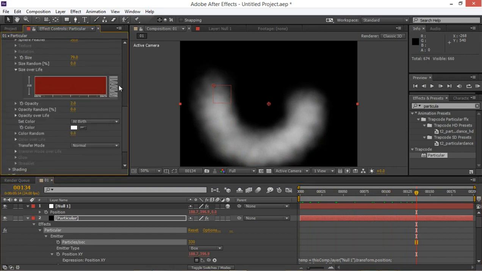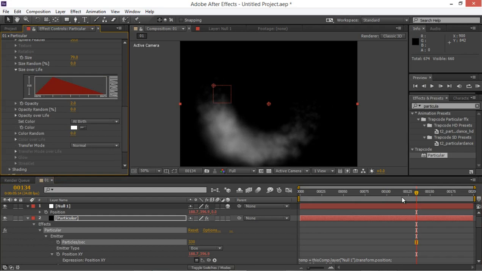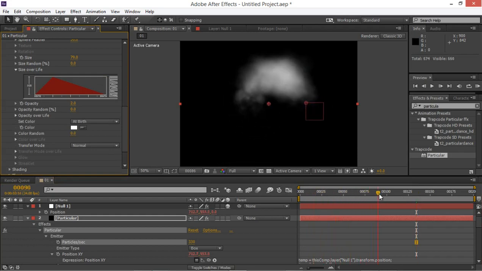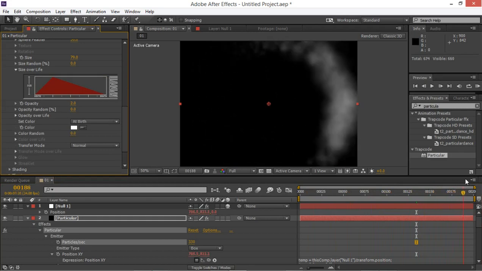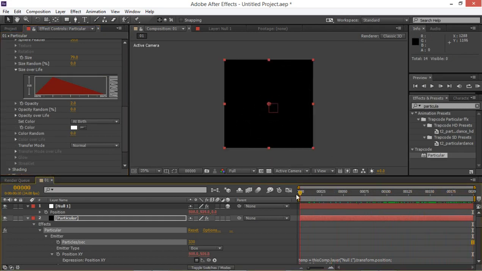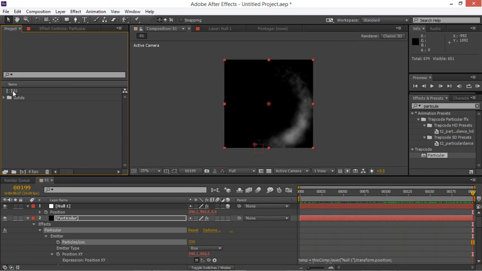where size over life, and use this simple preset. So when the particles are born, they are small, they get bigger, and when they die, they are getting smaller again. And so you have this simple motion, as you can see here. Very simple motion. Now what I want to do, I'm going to my project setting and create a composition based